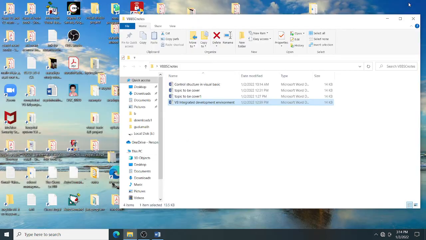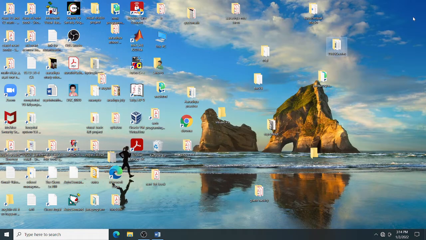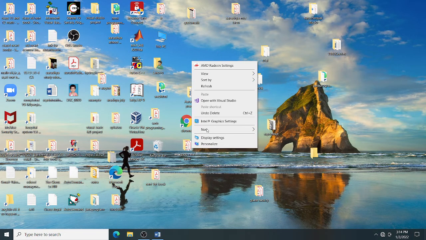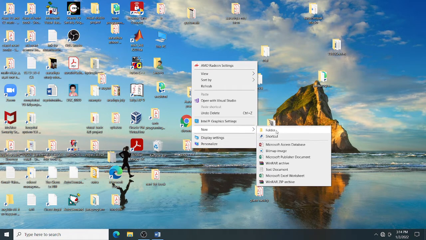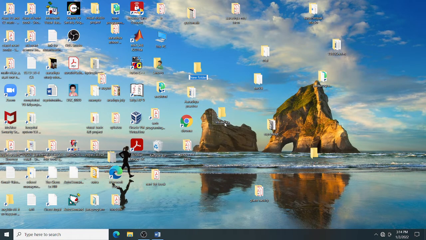You should learn, before going for Visual Basic programming, it is better to keep all your projects in one folder. That is a good programming practice. So you right click, new folder. In that you give some name. I have given Visual Hello. My folder name is Visual Hello. I have created it on the desktop. Now my Visual Basic is there on the desktop, Microsoft Visual Basic 6.0. So you double click on it.